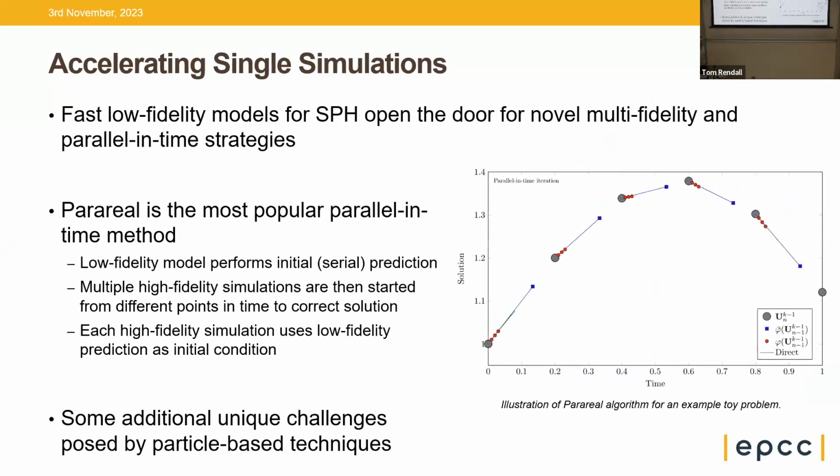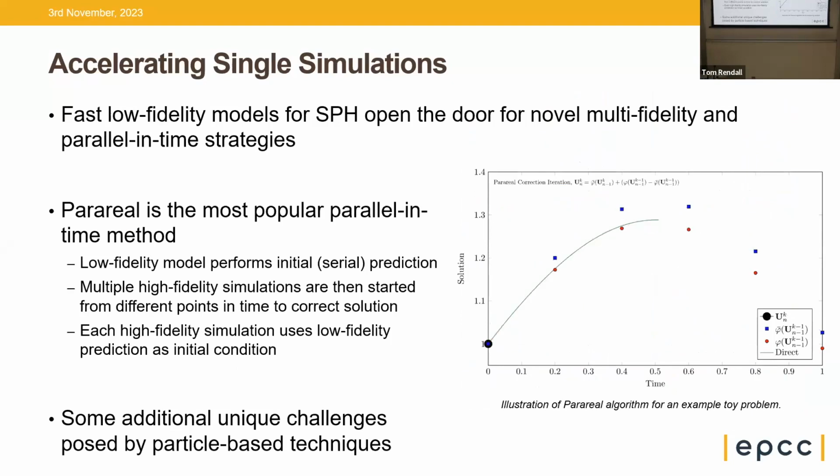So just to pick up on a question from the previous talk, which was about can we replace SPH with machine learning? That's not really where I see this work going. My own personal opinion is that it should complement, but not replace. So the two main ideas that I have